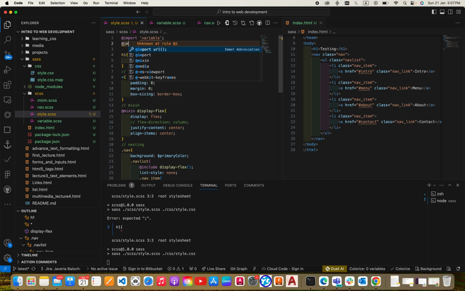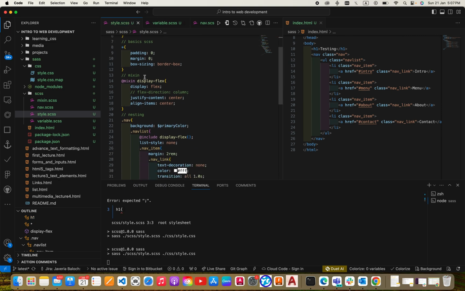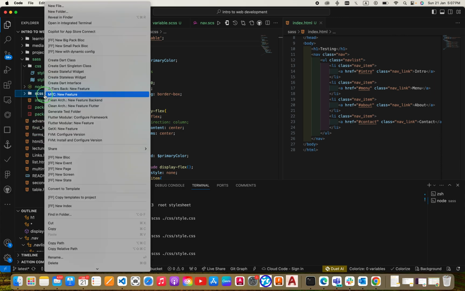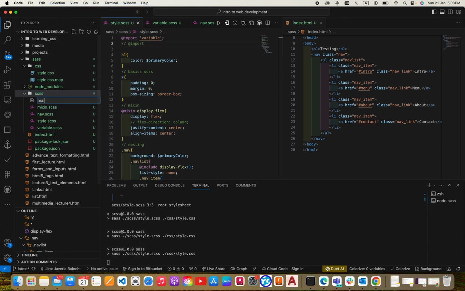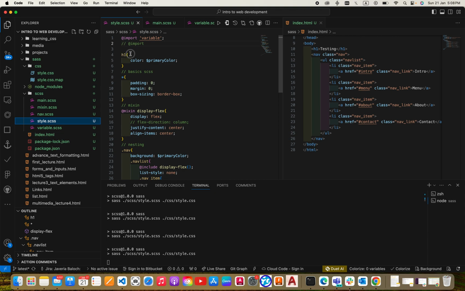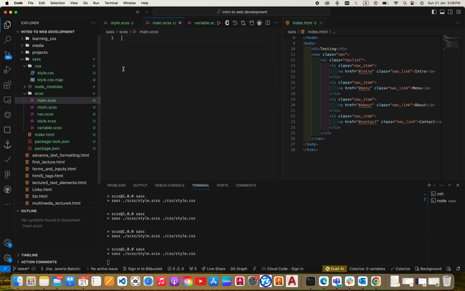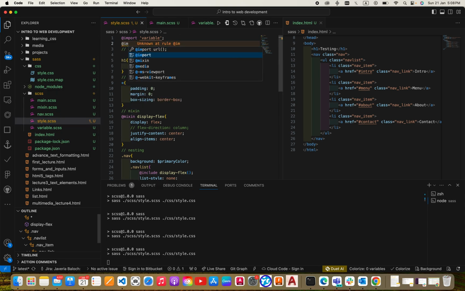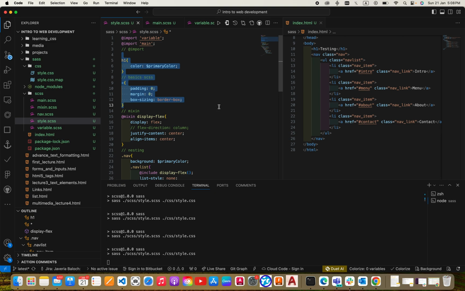Next file I'm importing is import, but let's copy it as, yeah, let's create another SCSS file that is called main.scss. So yeah, just come to the style, copy these two properties from here, paste them in main, $import main, yeah, like this. Now remove these two from here,